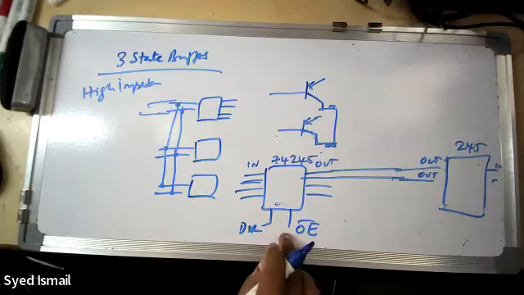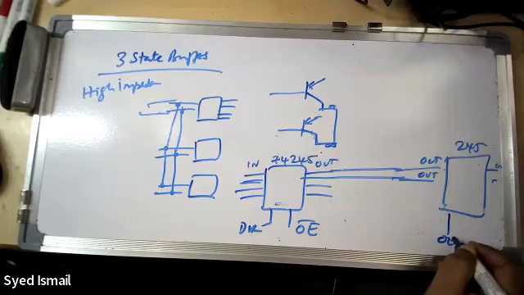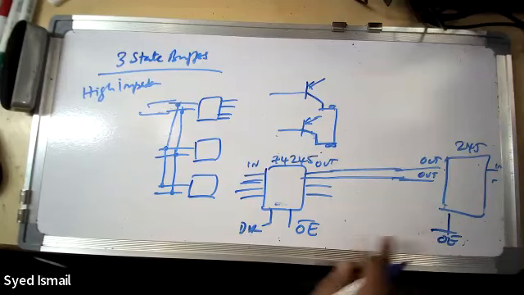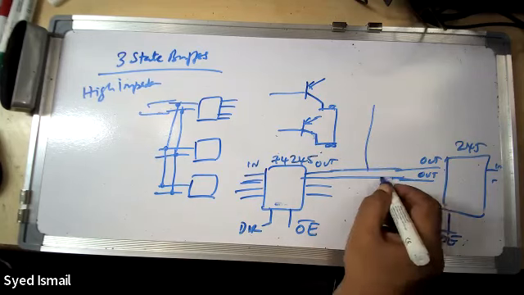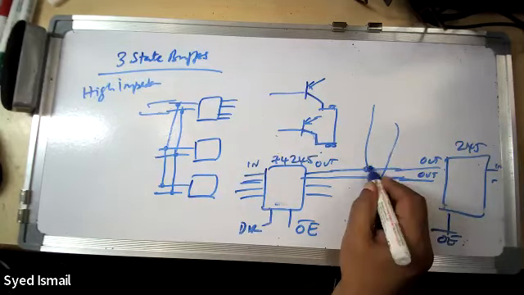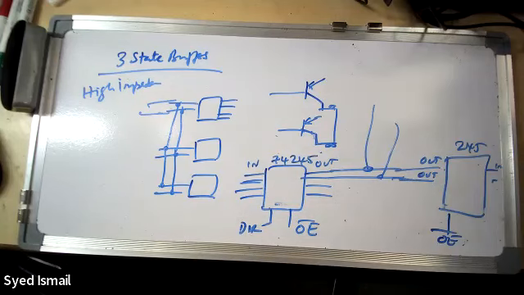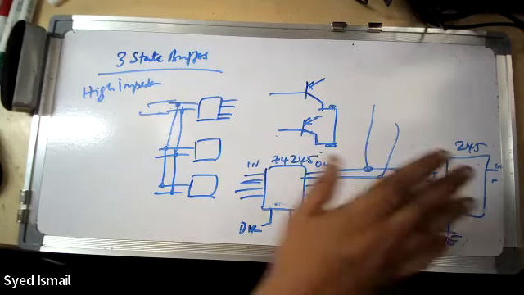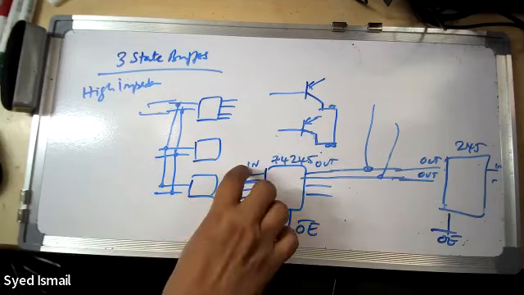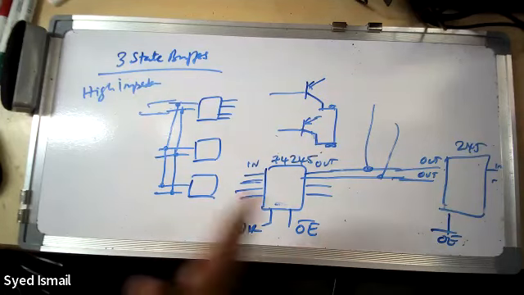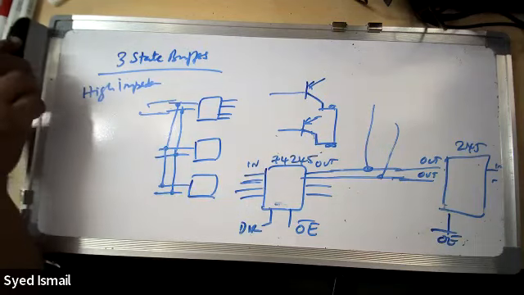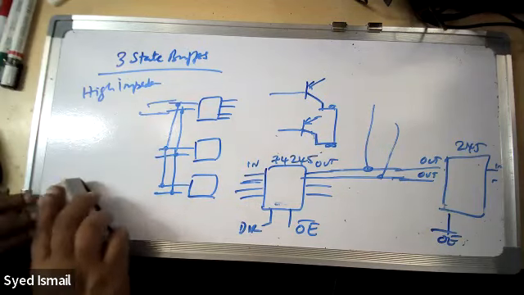Then I must control this OE, the output enable. If I select this and disable this, then output will come here. This is used somewhere else. The diagram I showed you here, this is used somewhere else. Either one of the devices will output the data. They are already latched here inside, somewhere coming here, and you want output. So these are all called 3-state buffers. Remember, you require 3-state buffers when you want to select one of 2 outputs; you need a 3-state buffer.